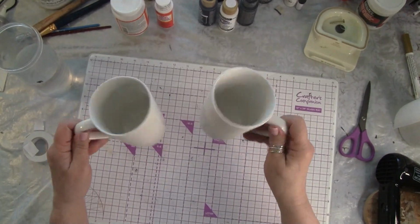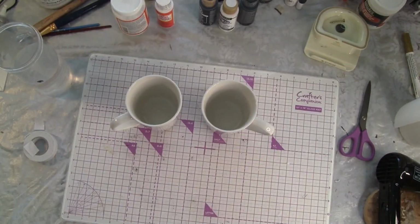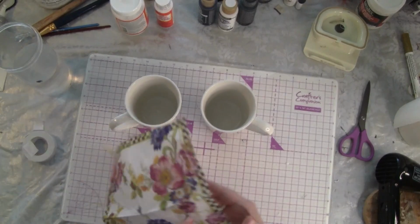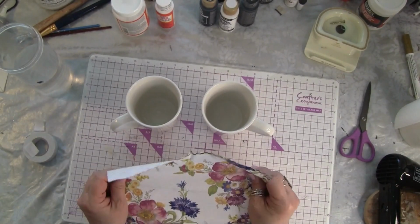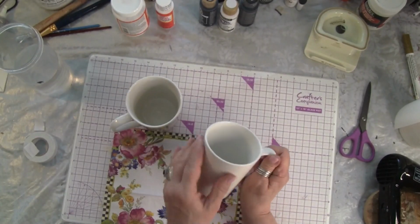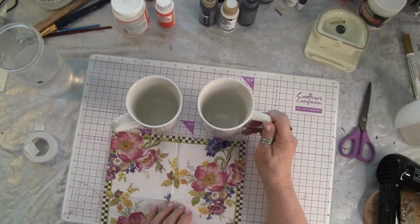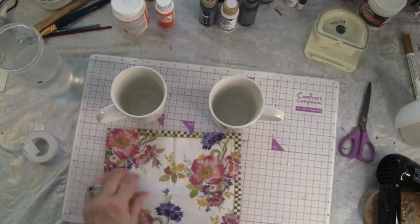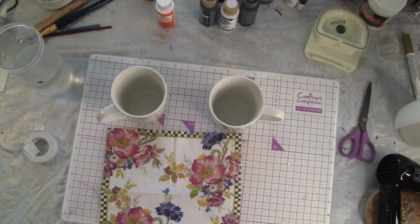Okay, you wanted it, I'm doing it. We are going to do the floral now to match the courtly check that I did in these cups. And this is going to be easier because I'm not having to match really anything here like I did. I wanted to try to match the checks the best I could with the other. So we're just going to do exactly what we did